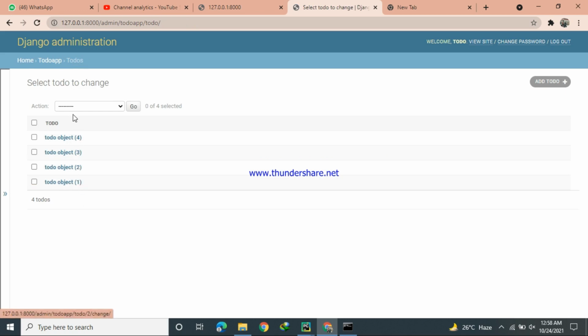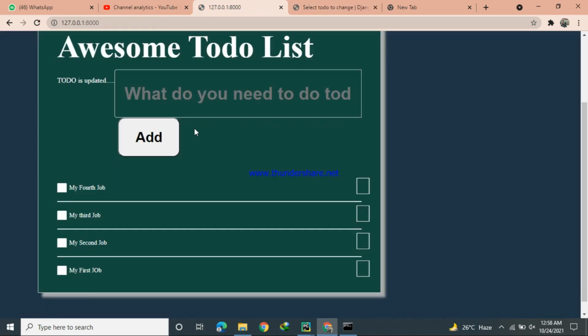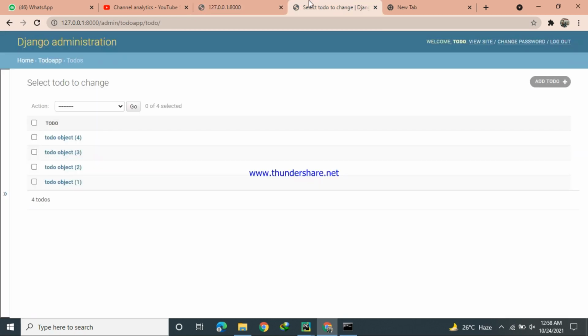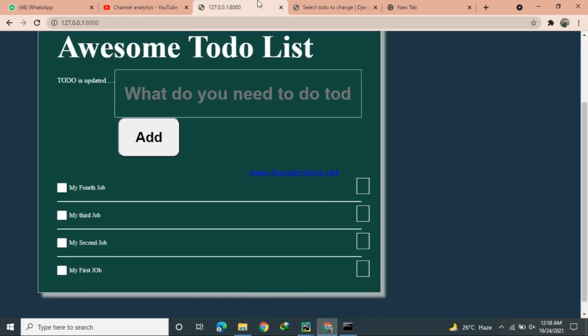Okay, so it means our input field is working. So guys, it's our awesome Todo web app that is getting data from a form and storing it in the Django model, the Django database, and rendering it back to our HTML page.